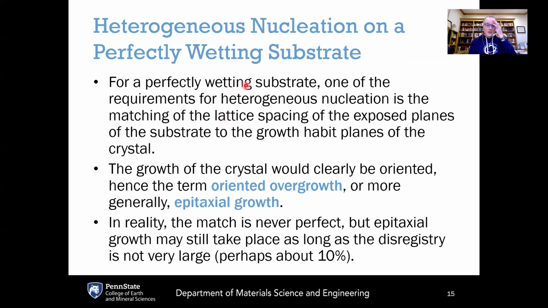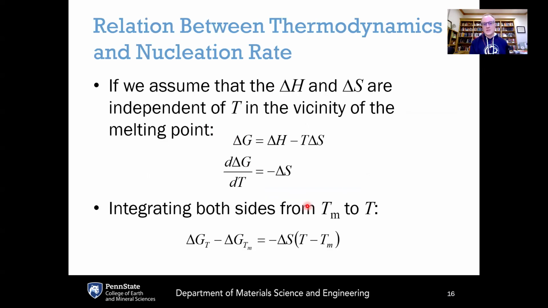So for a perfectly wetting substrate, one of the requirements for heterogeneous nucleation is the matching of the lattice spacing of that substrate with the growth habit planes of the crystal that you're trying to grow. This is called oriented overgrowth if you've got good orientation, or more generally epitaxial growth. And in reality, the match is never perfect unless you're seeding it with exactly the same crystal that you are